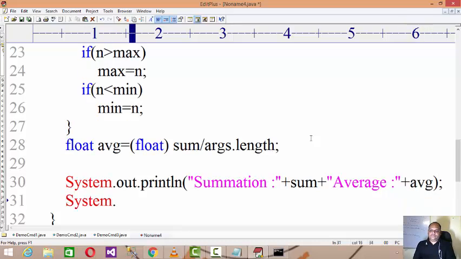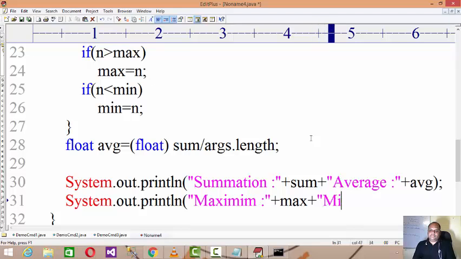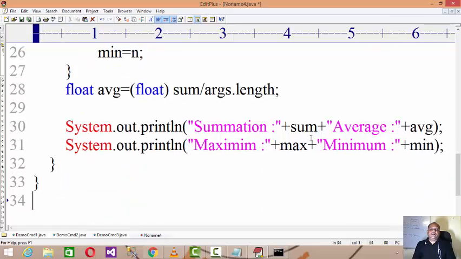At the same time I am having the data, that is maximum, the value held by the max variable, and the minimum, that is the value of minimum, right?